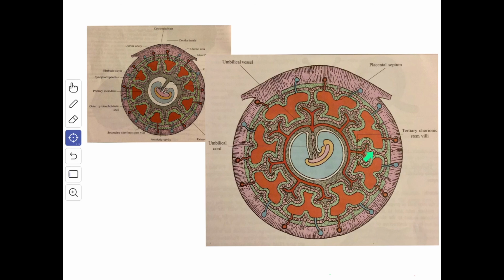Each tertiary villus presents, from center to periphery, a layer of endothelial cells of the chorionic capillaries. Then you have the primary mesoderm, then you have the cytotrophoblast, then you have the syncytiotrophoblast. From the vascular tertiary villi, numerous branching villi project into the intervillous spaces. The primary mesodermal cells and the chorionic blood vessels do not reach the outer cytotrophoblastic shell of the blastocyst.